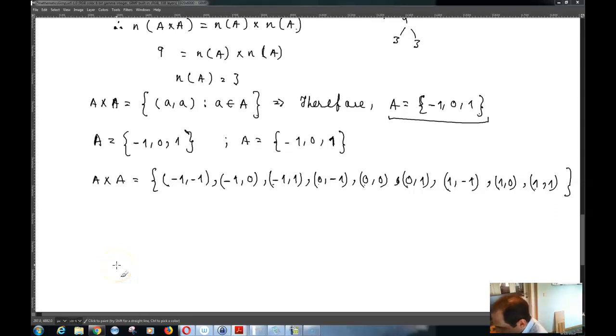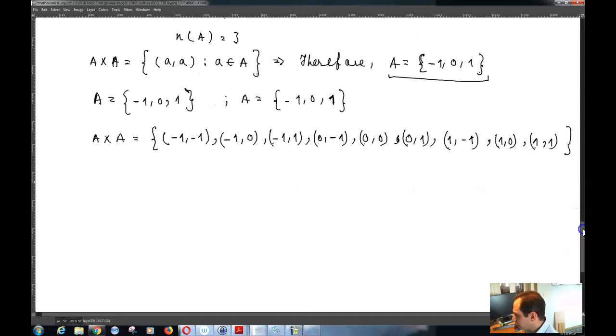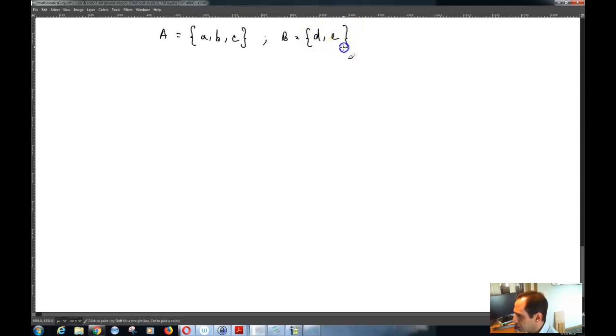Okay, so now that we know a little bit about the Cartesian product of two sets. We talked about the Cartesian product of two sets, for example A and B. We said that basically if A and B are two sets, for example A is A, B and C, and if B is, for example, D and E,